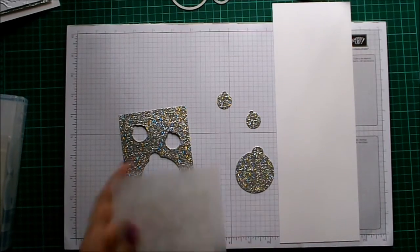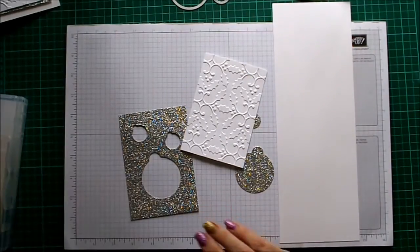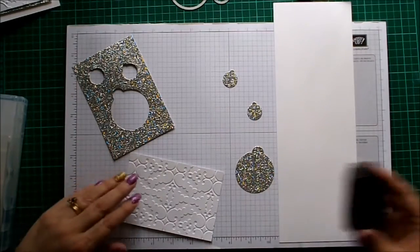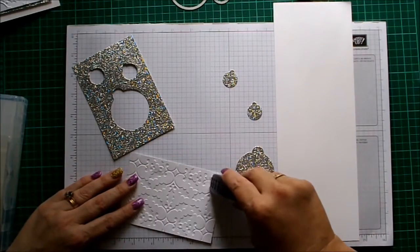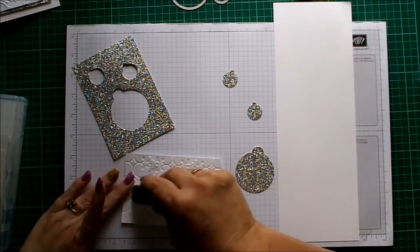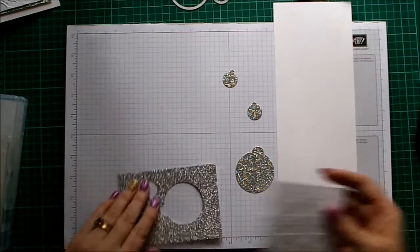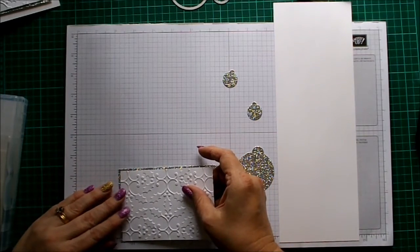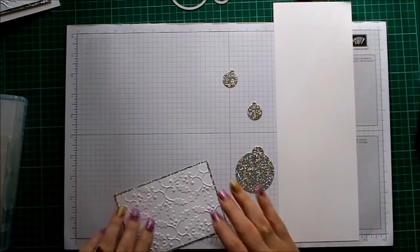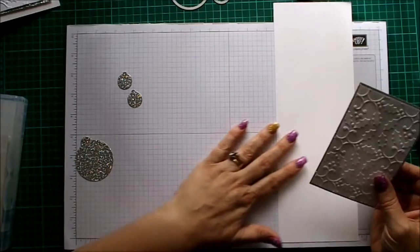the Big Shot. Now that was run through on tab 1 of the Big Shot so that we get a nice deep impression. Okay, easy to pop this on. We just use a bit of fast fuse. The fast fuse isn't over keen on the embossed paper, so you've got to be very careful putting that through and also fixing it to this because of the holes in the back. But there we go, that goes on really easily. Pop those over,